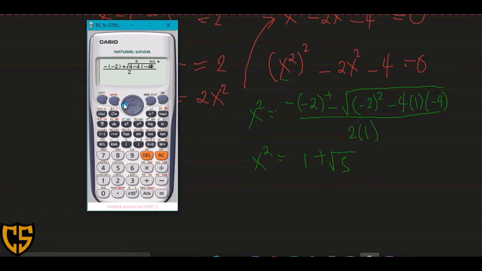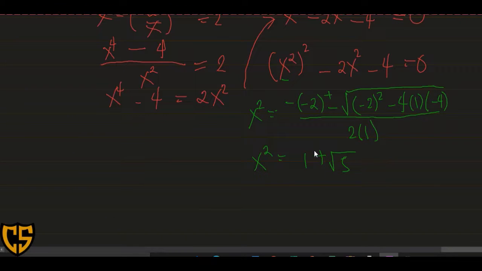So we have 1 minus, so that this is 1 plus minus square root of 5. So now, we are going to find the value of the square root of x, or to find the value of x, so we are going to solve for,